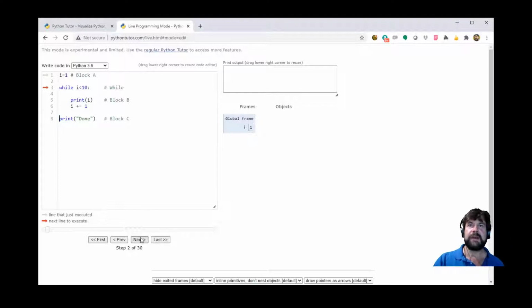So now we can go through here. We've set I equal to 1. 1 is less than 10, so we enter block B. We'll print out whatever I is. Well, I is 1, so we print out 1. Now we have to increment I, and I goes to 2. And now we'll just keep doing this, right? So I is now 2, we print it, we increment it to 3, we keep going on,